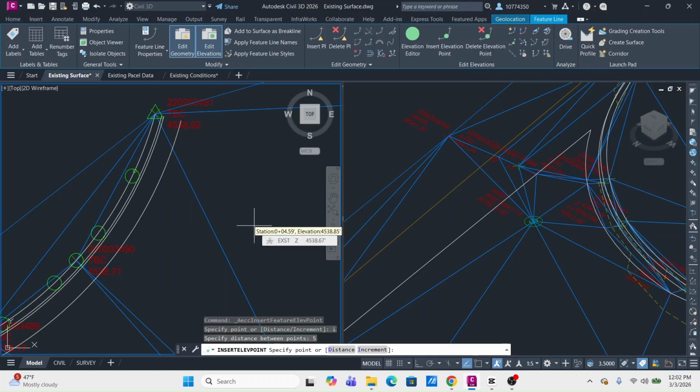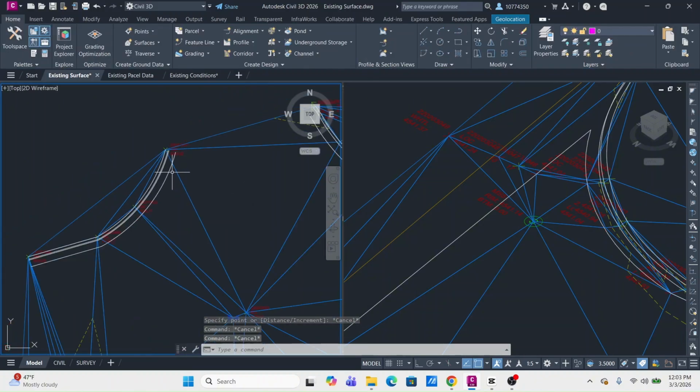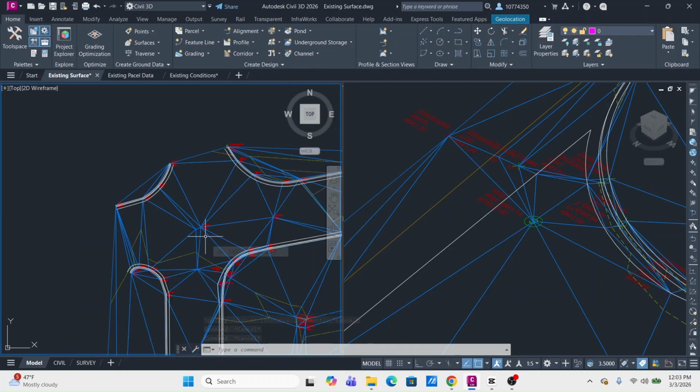So when I create a break line, this will create a very smooth surface. You can do it as like 1 foot increments. You can make them however spaced out you want, but I always do 5. I think 5 is perfect. I think if you do 1, you could be doing too much, but I think 5 feet increments are perfect. So yeah, I'm just gonna assign that to the rest of my stuff, and then I want to go over how to